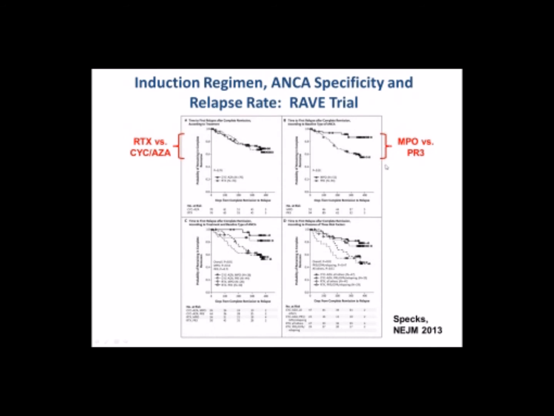But here's an example of something I gave you before where the long-term outcomes help: the patients with MPO antibodies had a much lower flare rate than the patients with PR3 antibodies. And this is something that's also been seen in follow-up of some European trials as well. So this has the potential to really affect decisions you make with patients.